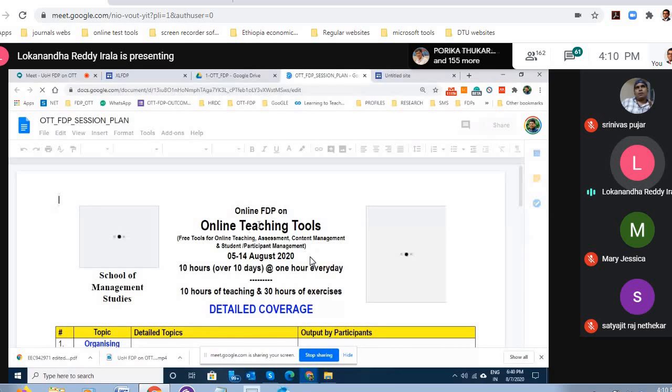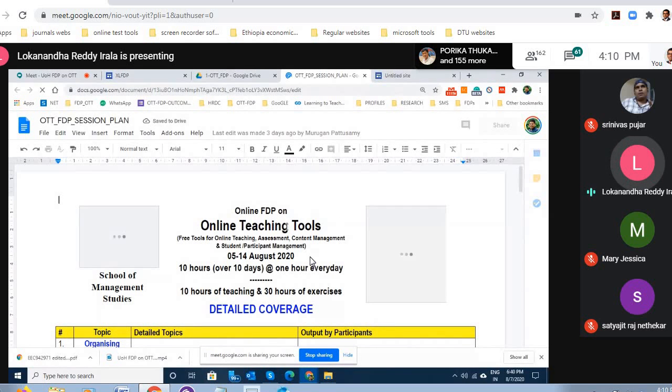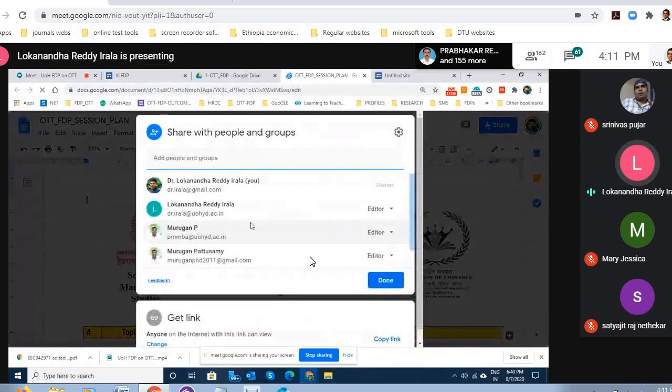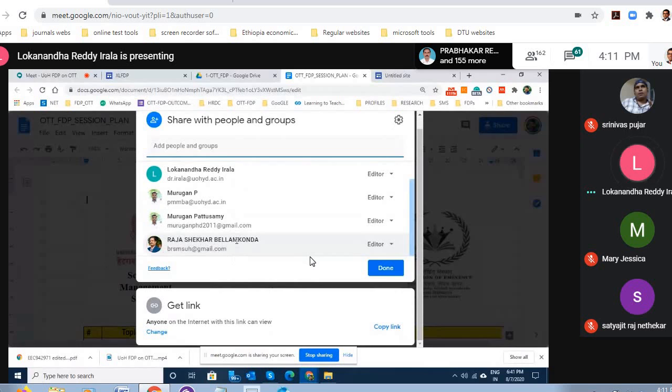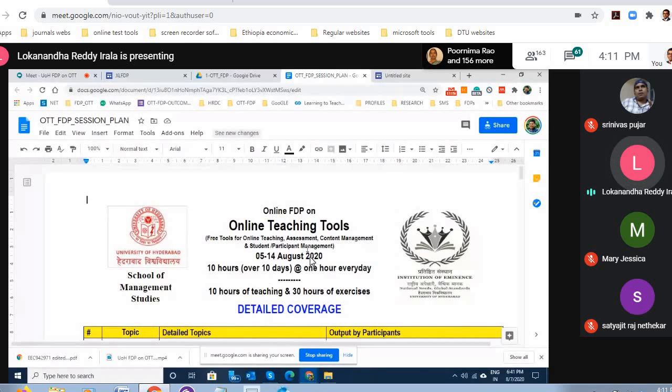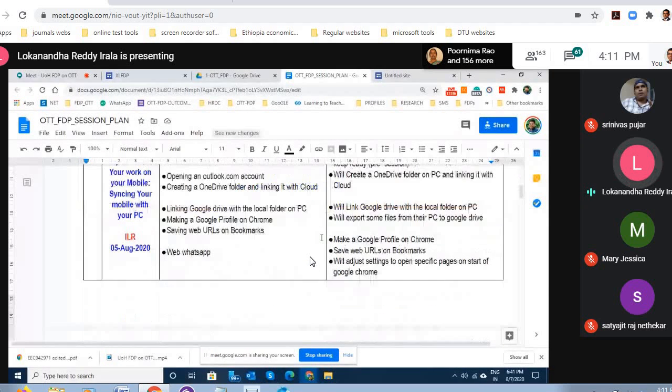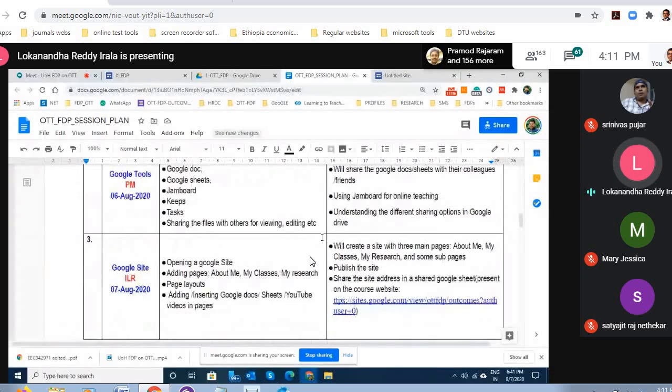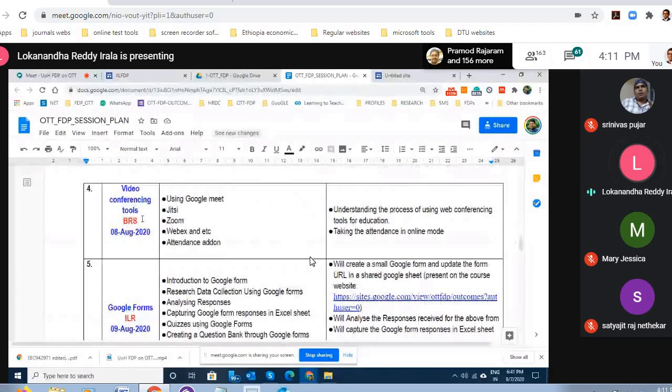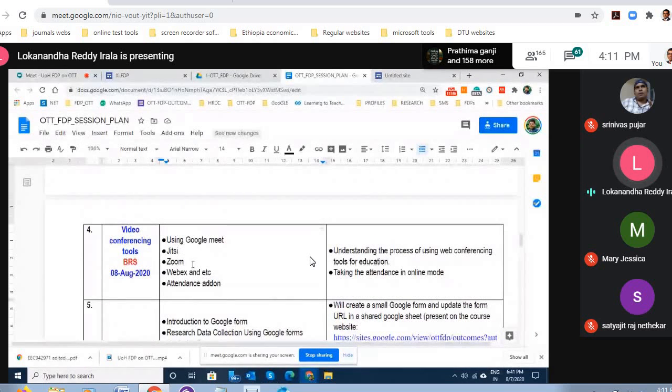Now this is a file that I have shared with Dr. Murugan and Professor Rajshekhar. So all three of us are the editors and we are collaborating on this file, right? Now, if there is any change in this file, for example, tomorrow Professor Rajshekhar has to take the class. So instead, let's say Murugan is going to handle. So Rajshekhar would like to communicate, he wants to change this, or would like to edit some of these contents.